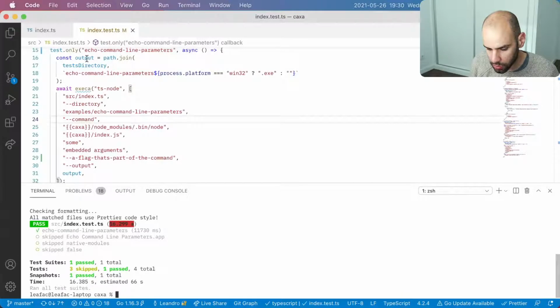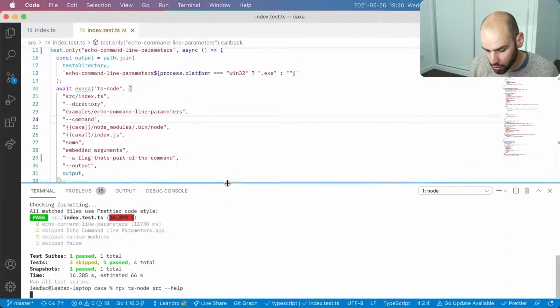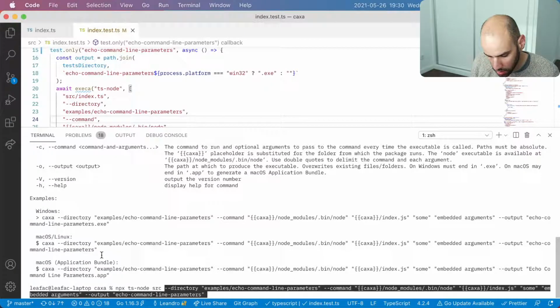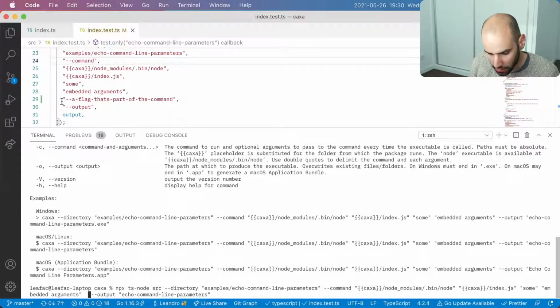All we have to do is more or less these lines, but we can also npx ts-node source, which will call Kasha, and we can say --help, which will output an example command that we can run. So here we will just copy this, and then we will add a flag that's part of the command.